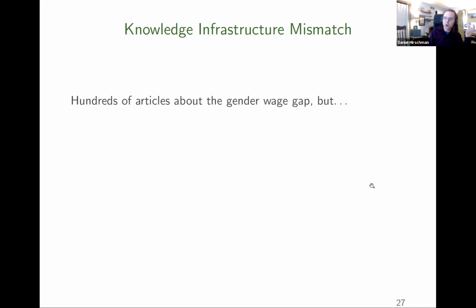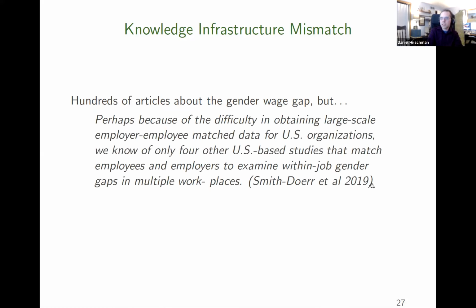Because there's no employer-employee matched data in the US, there are very few papers that can actually look at that question. A recent publication by top sociologists in a top sociology journal found exactly 5 total papers that had large-scale employer-employee matched data in the US that could examine within-job gender gaps in multiple workplaces. And they all look at weird contexts. For example, this paper is looking specifically at federal science agencies like the NSF and NIH, contexts in which they have actual data about the employer, the employees, the gender, and